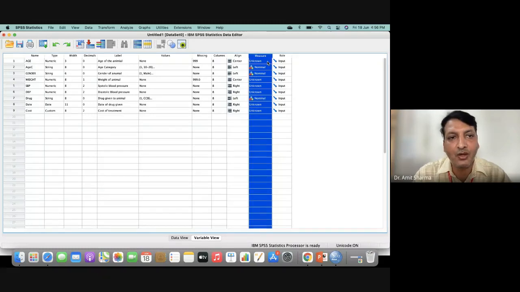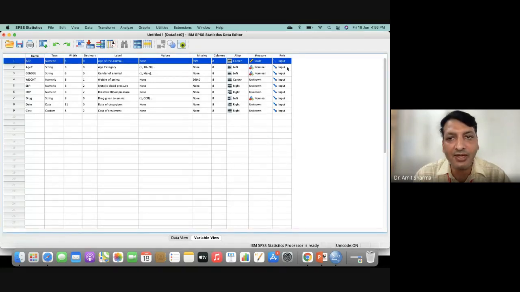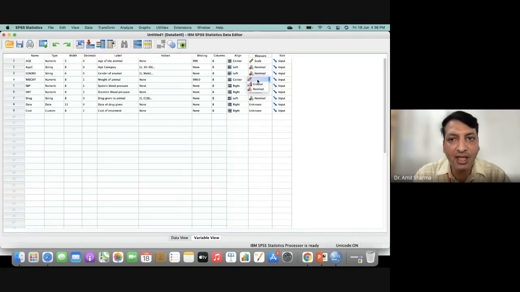If it is categorical, the software is going to make it nominal automatically. You can see that in 3 rows we have an option called nominal. So nominal will be called categorical only. So we don't have to do anything. But where it is not mentioned, for example, on age I have written scale. Weight I am doing scale. Systolic blood pressure I am going to do scale. Diastolic blood pressure I am going to do scale. Date I will keep ordinal and cost I will keep ordinal.